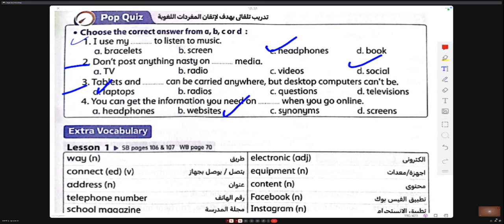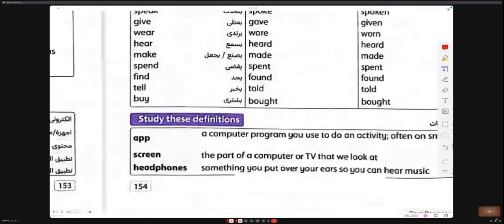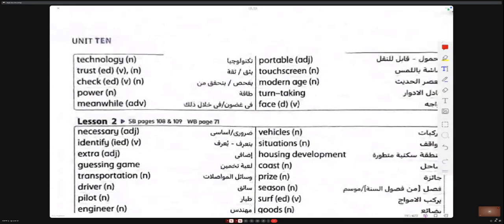Luigi, extra vocabulary. Lesson 1. Way, connect, address, telephone number, school magazine, electronic, equipment, content, Facebook, Instagram. Equipment is an uncountable noun. Okay. Complete.